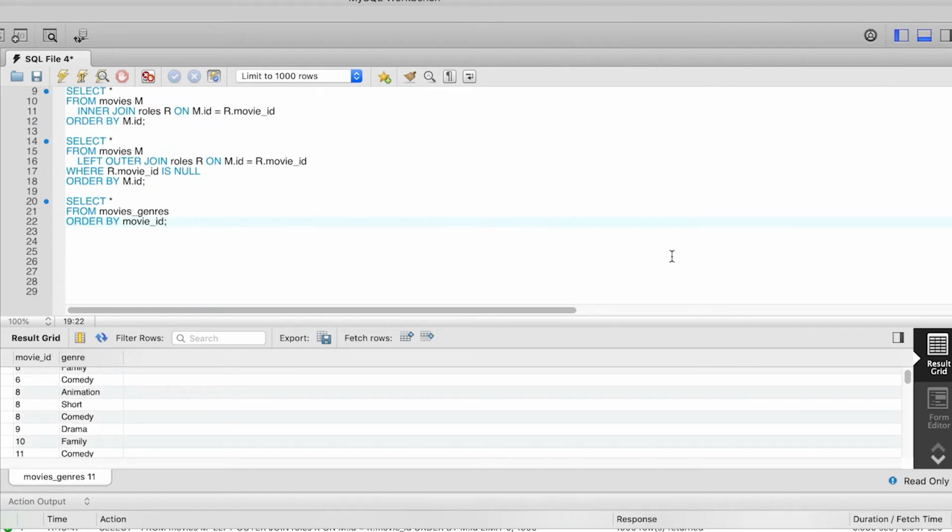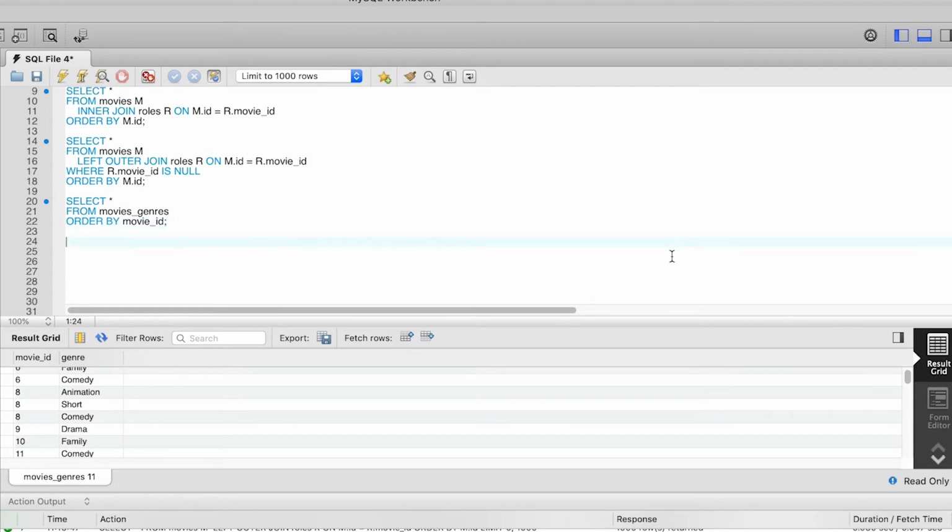We want to find the movies where we don't have a genre. This is another example where an outer join can be helpful. We'll join the movies table as the left table, and we'll see which movies from the movies table do not match with an entry from the movie genres table. Let's start with an inner join to make the comparison easier.